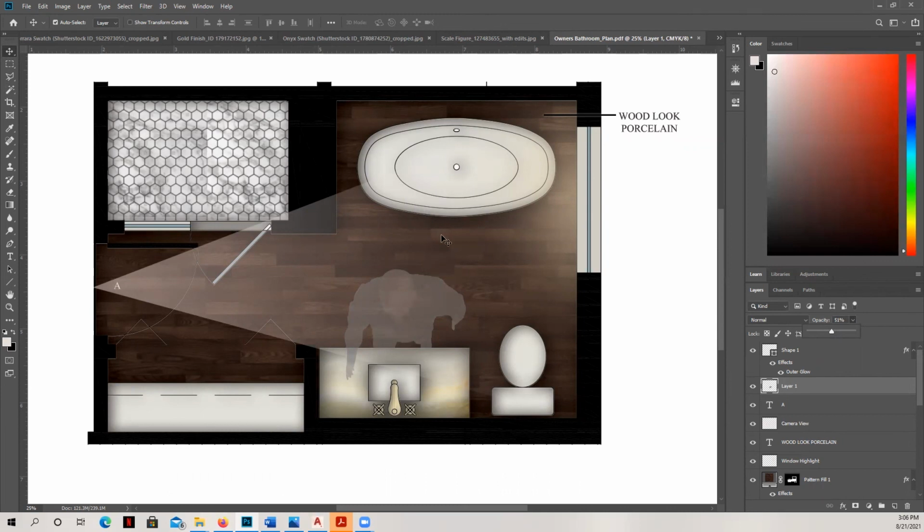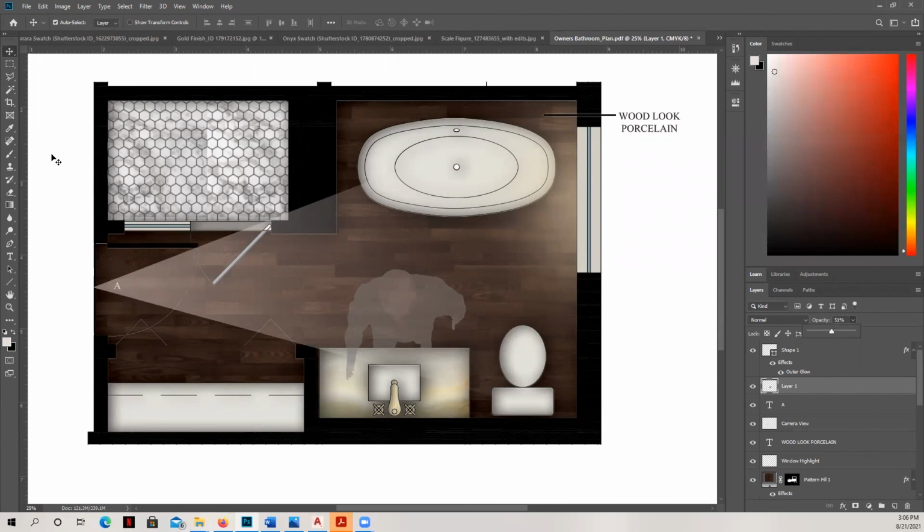So now you know how to define material swatches. Remember, everything that you bring in, you have to define it as a pattern first. You know how to apply and scale material swatches by adjusting that little arrow to make it exactly the right size. We know how to apply highlights coming out the window or through the window, and shadows where we do an inner shadow around all of the patterns that we define. We also know how to add leader lines and annotations to indicate finishes. We can create a camera indicator that will now guide our viewer to reference this plan against a perspective. And we know how to add scale figures.